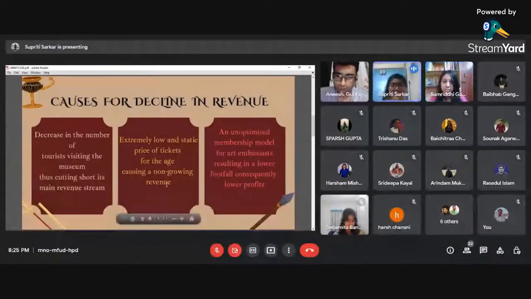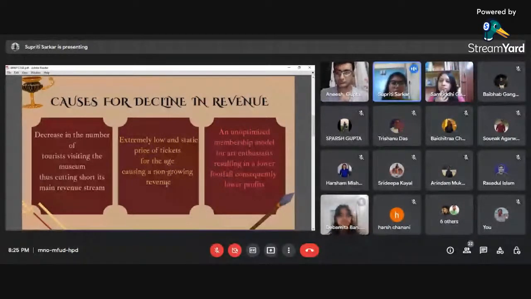Yes, the tourist ticket price at the entry level has decreased, but of course the tourists would want to buy some of the gifts or the services that the museum has to provide, and for that the price charges have increased. But when it comes to purchasing items like a gift or a souvenir, it's mostly about seeing something and buying. So it's more about the buying behavior of the customers. So maybe keeping the price of gift items lower would make more sense. That would instill the buying instinct of the customers, rather than keeping a higher price for the gifts. Okay, so it could be. Yeah, I guess that makes sense.